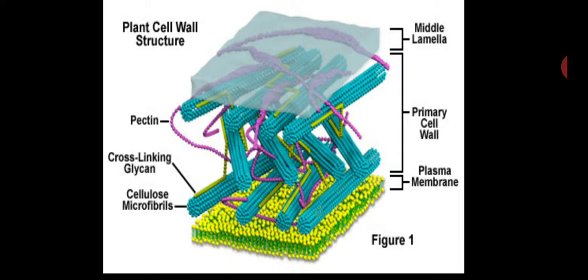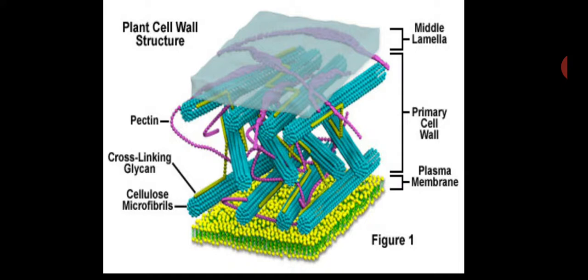Okay, and moreover, wherever the primary cell wall forms a very thin layer, in those areas the secondary cell wall does not form, which leaves the area to form a pit. So in some areas the primary cell wall is very thin compared to other areas. In these thin areas the secondary cell wall cannot form, leaving this area to develop as pits.